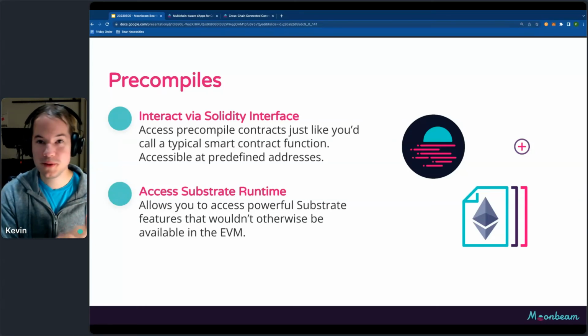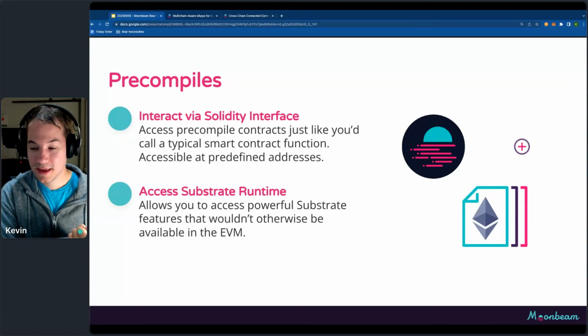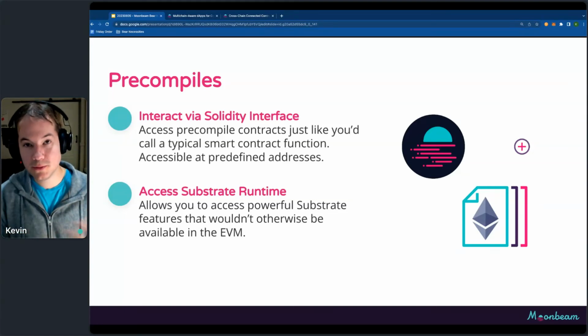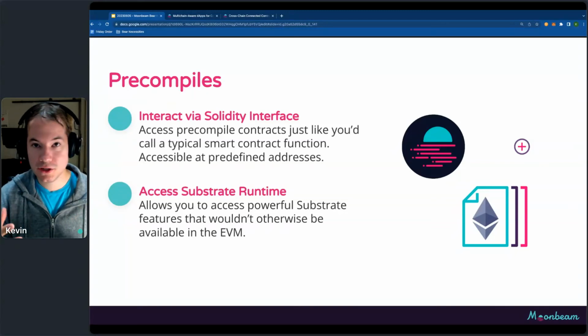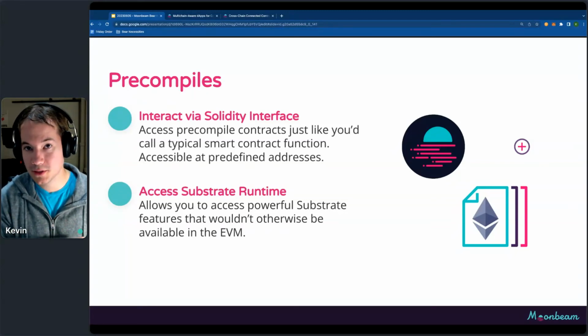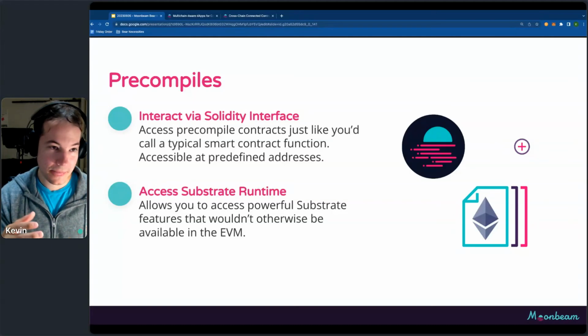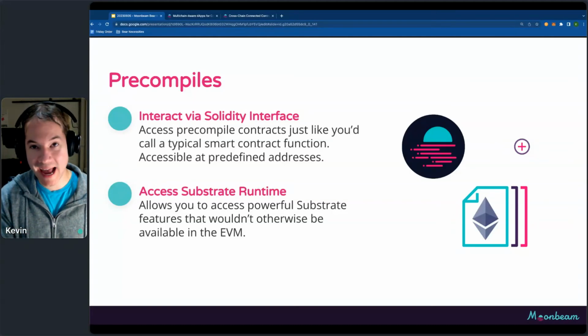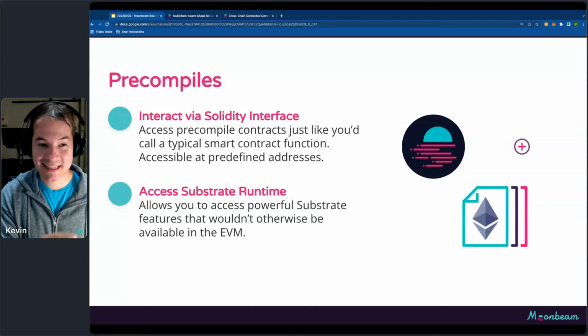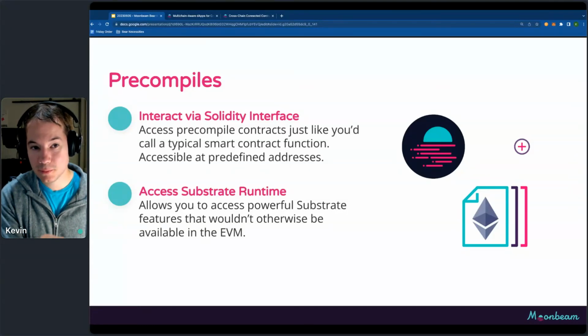So Moonbeam is built with Substrate, right? And Substrate is extremely powerful. It allows you to do things with blockchains that you wouldn't otherwise be able to do. And at Moonbeam, we provide a way to access some of this Substrate functionality via precompiles. And a precompile is just a Solidity interface. It has an address that's predefined. And whenever you call a function at this particular predefined precompile address,